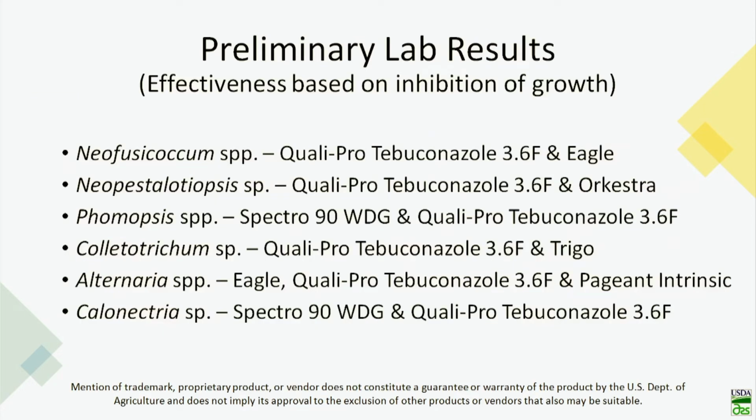Okay, and I'm going to say this is preliminary lab results. This is the effectiveness of these fungicides based on inhibition of growth. And we can now see, although work needs to be done a bit more, kind of the top couple fungicides to inhibit the growth of these major pathogens. But I'm going to mention that so far, really, we only see complete inhibition with Alternaria. So while we really do decrease the fungi's ability to grow, right now it is not stopping growth completely.